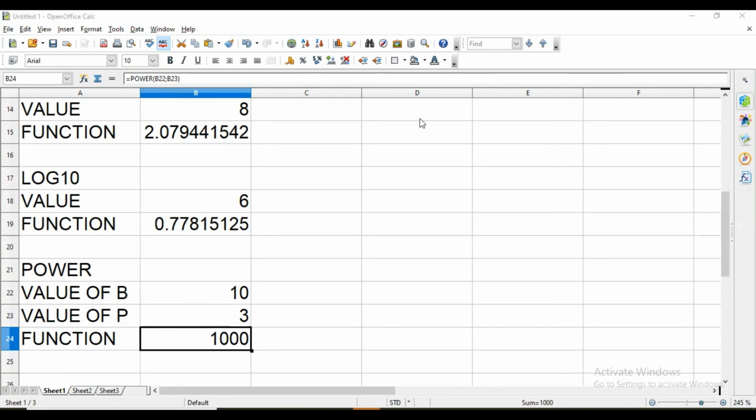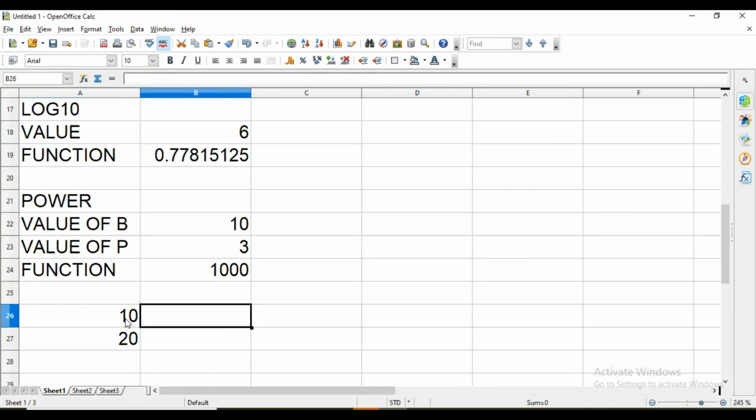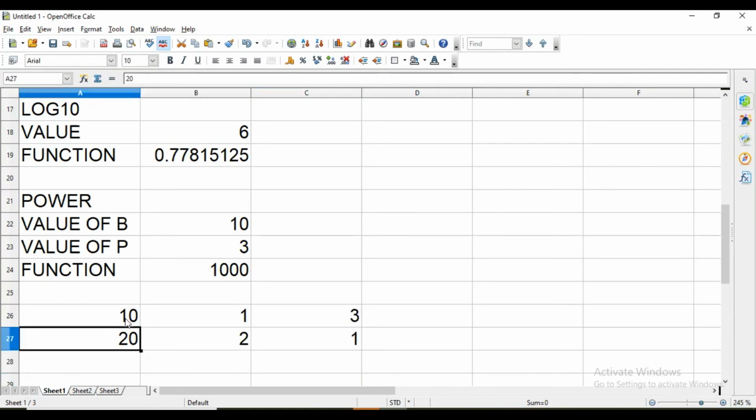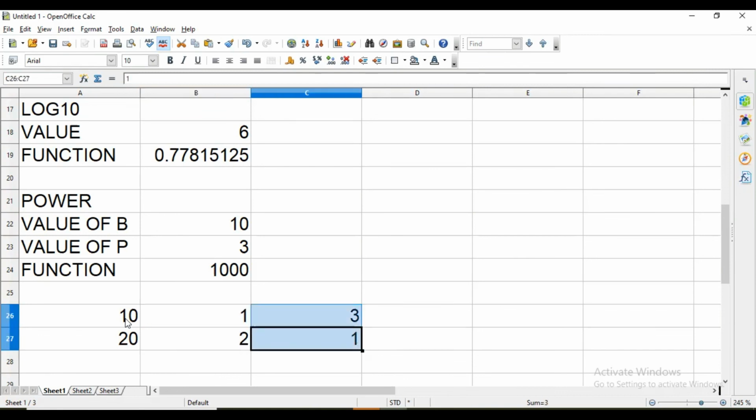Now next function is multiplication or product of many arguments. For example, 10, 20 values are here, then 1 and 2, then 3 and 1. For example, there are 3 pairs. This is first, this is second pair, this is third pair, and we want to multiply this.